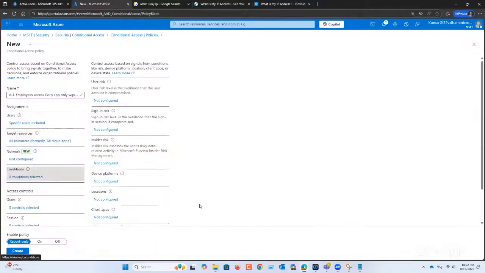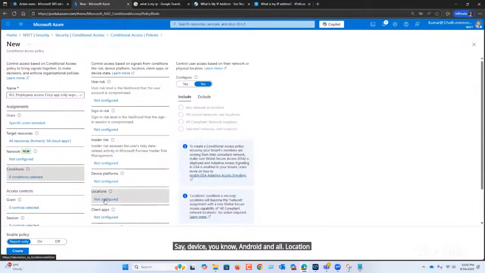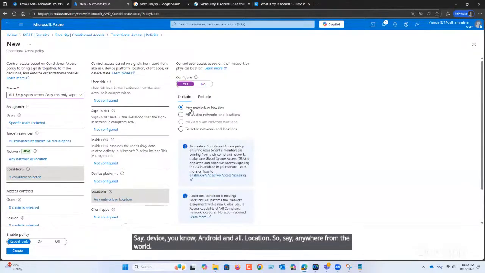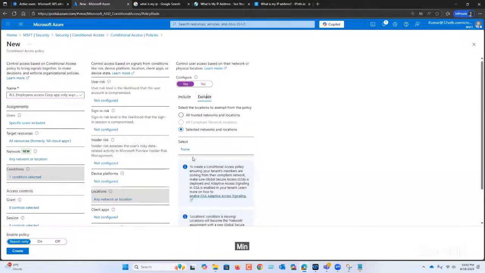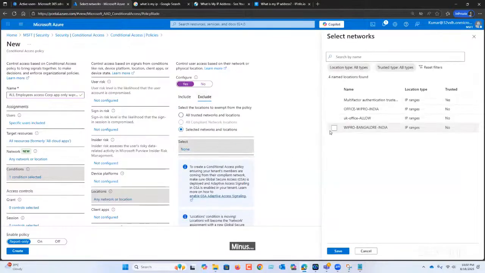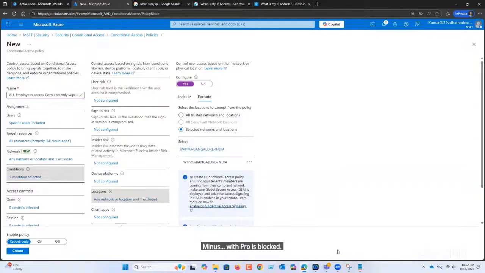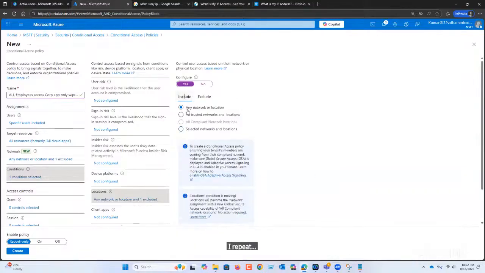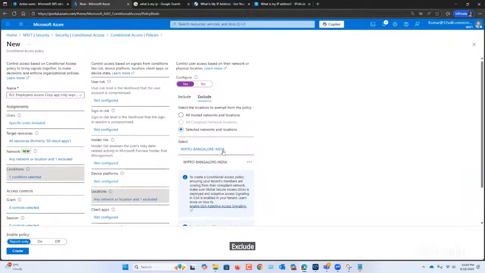Conditions. Say device, Android and all. Location: say anywhere in the world, minus Wipro, is blocked. I repeat, any location, exclude Wipro Bangalore, block.